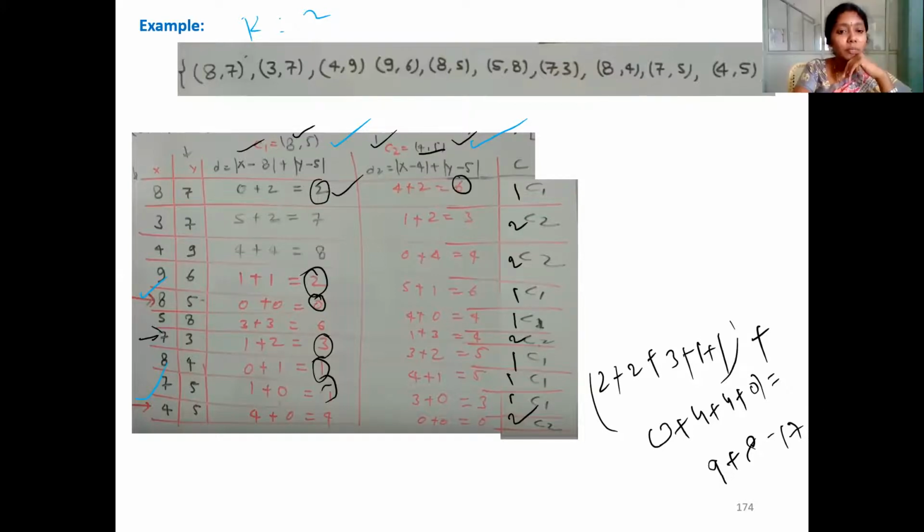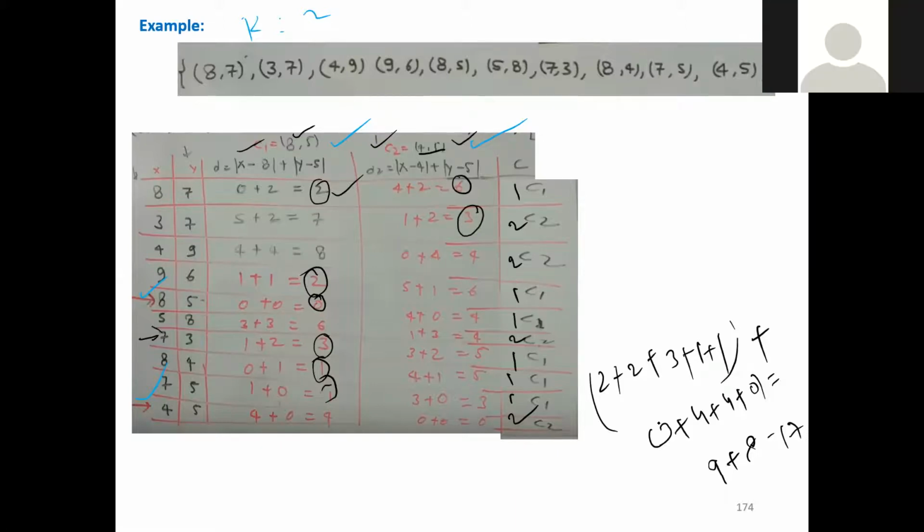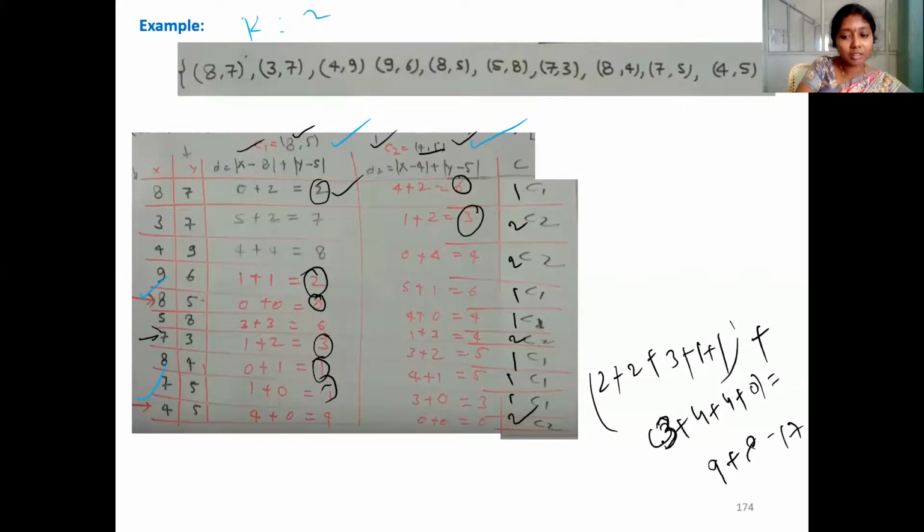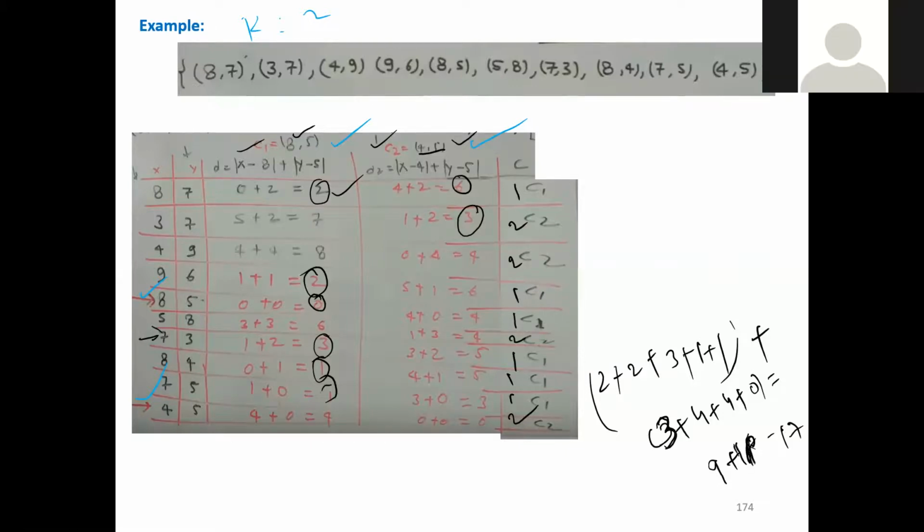Then check once again. 4, 8, 9. 9 plus 8. 2 belongs to cluster 1. And next, 3 in cluster 2. We missed this, right? I think we have missed this. Ma'am, cluster 1 also has 3. Yes, ma'am. Yeah, total cost is 20. Did you get this? Yes, ma'am. So total cost is 20.